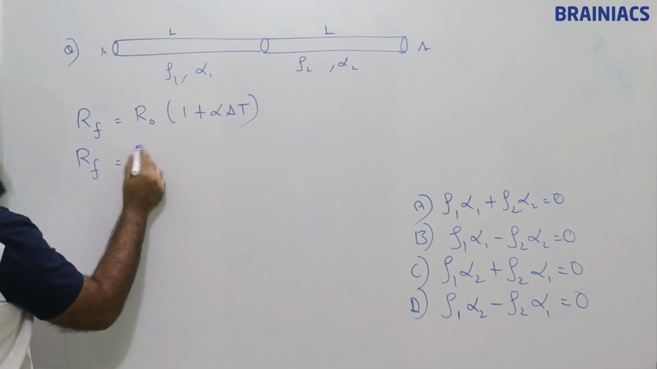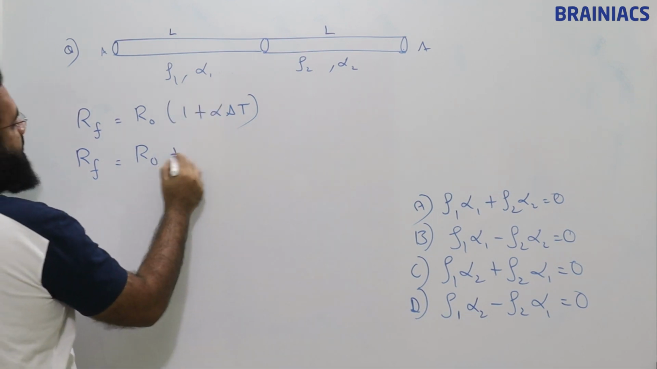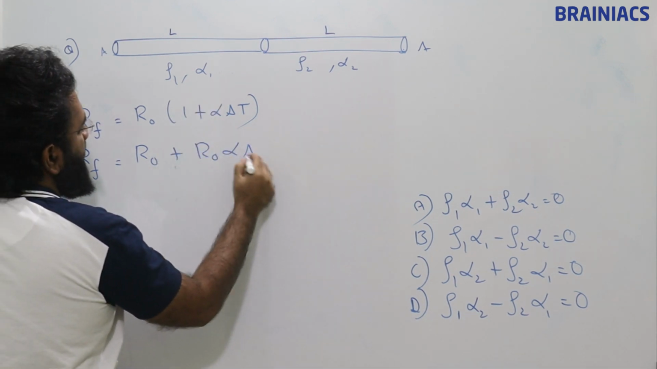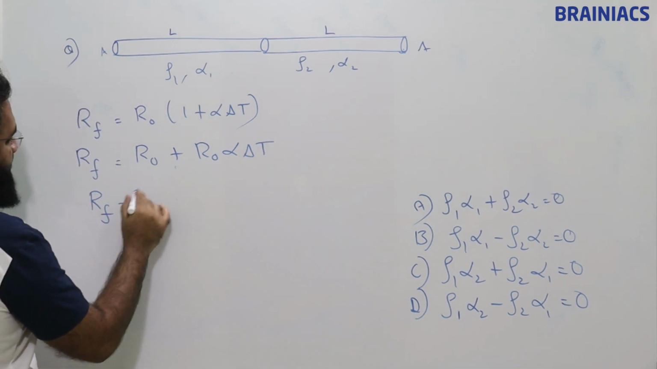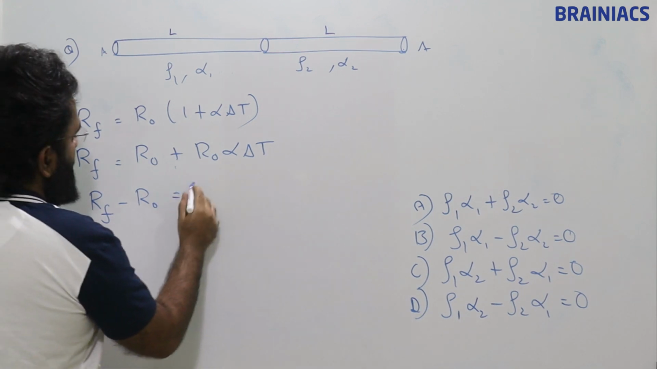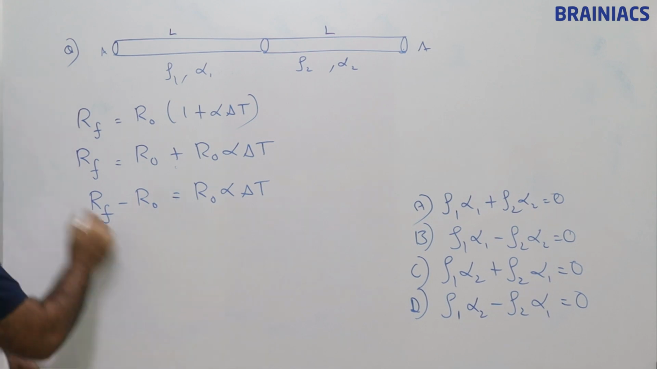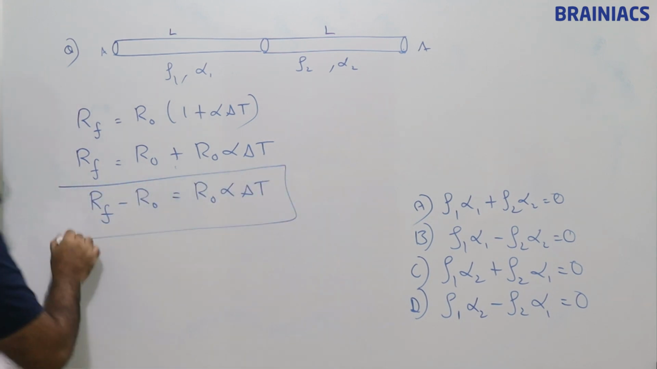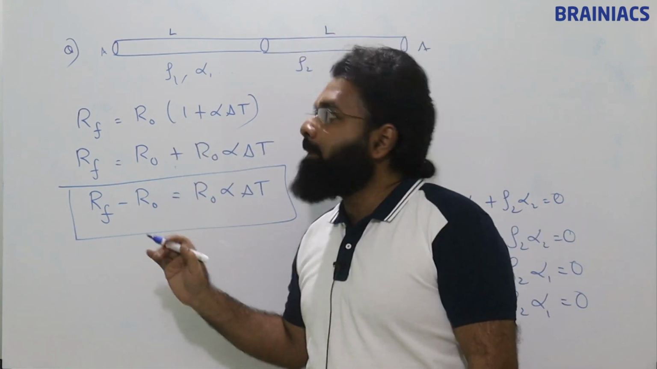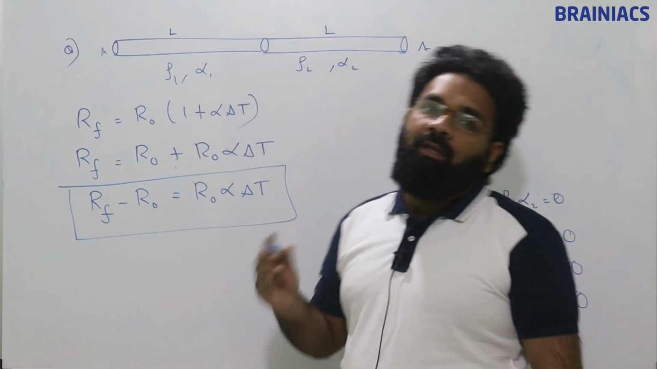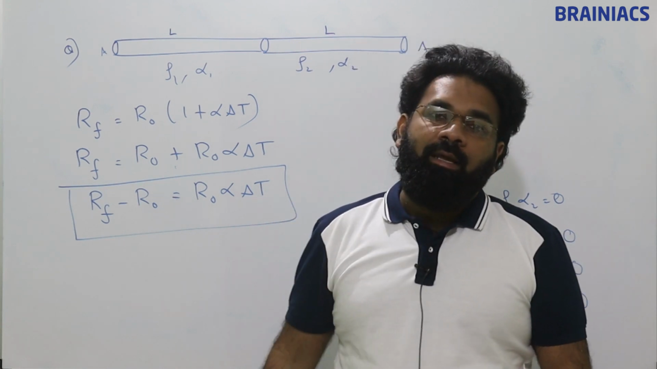Rf is equal to R0 into, if we multiply it inside, R0 plus R0 alpha delta T. So Rf minus R0 is equal to R0 alpha delta T. So this is the change in resistance. Now the crux here is, if we need to avoid